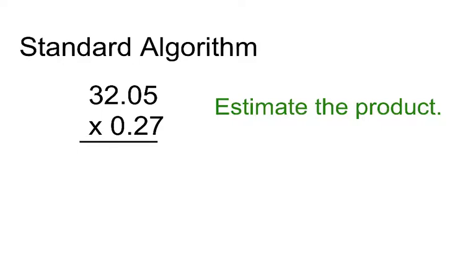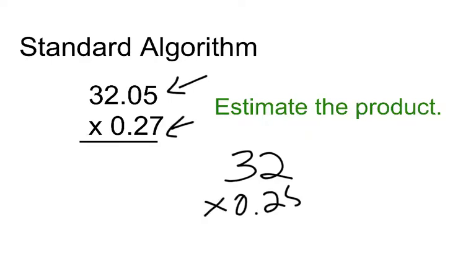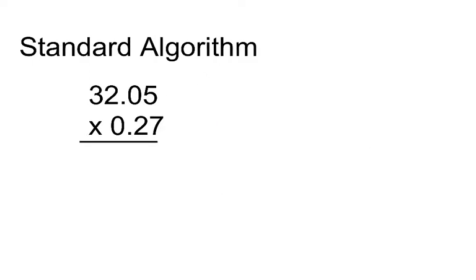The first step that we want to do is to estimate the product. We can round 32 and 5 hundredths to 32. And I can round 27 hundredths to 1/4 or 25 hundredths. Then I can ask myself, what is 1/4 of 32? In other words, 32 divided by 4, which I know is 8. So I know that my answer should be close to 8. Now we're going to multiply to find an exact answer, which I know is going to be close